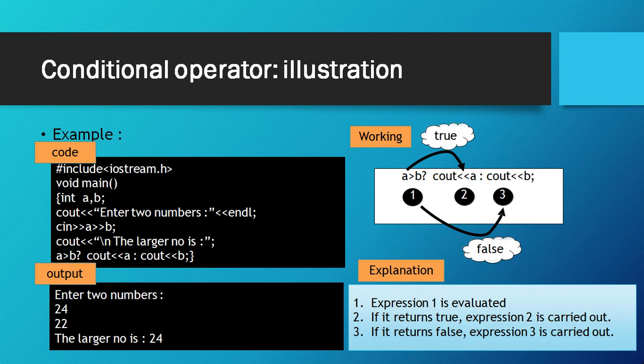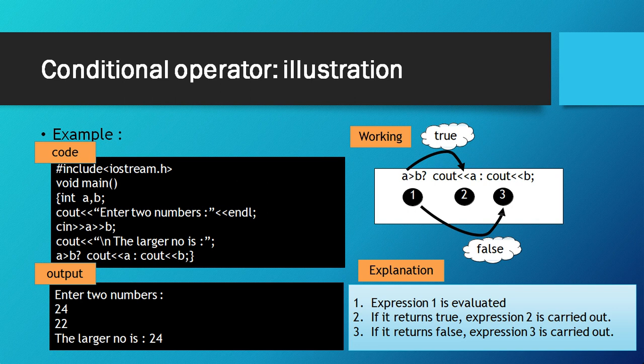So this is how it works. In this program, as we know, #include <iostream.h>, followed by our main program. Then int is the data type, and we have declared two variables here. Enter two numbers. Using cout, we can display anything inside the double quotes. Then cin >> a >> b, which is used to accept values from the user during runtime. Then we are evaluating one condition, a greater than b, question mark. If that is true, cout a, which means print a. If that is false, after the colon, whatever comes will be the false part. So that is cout b.